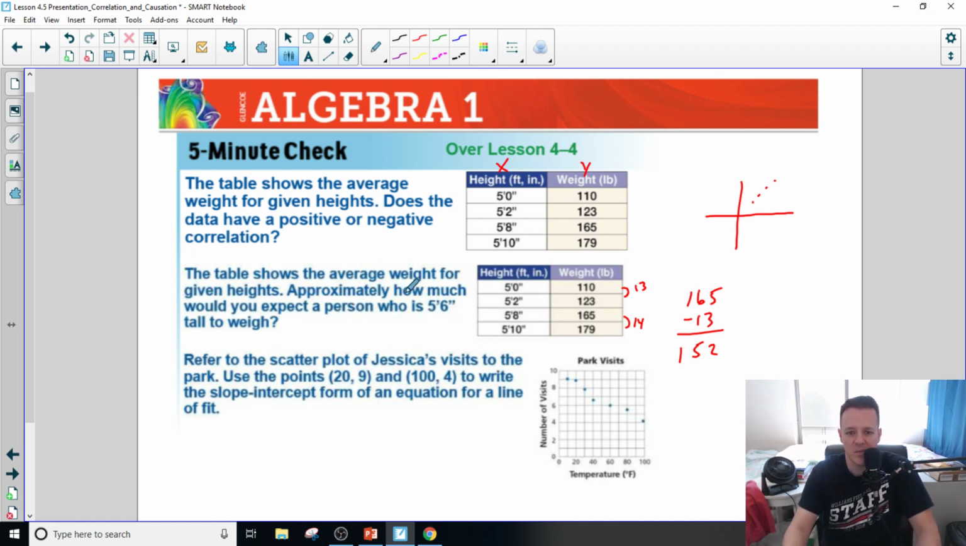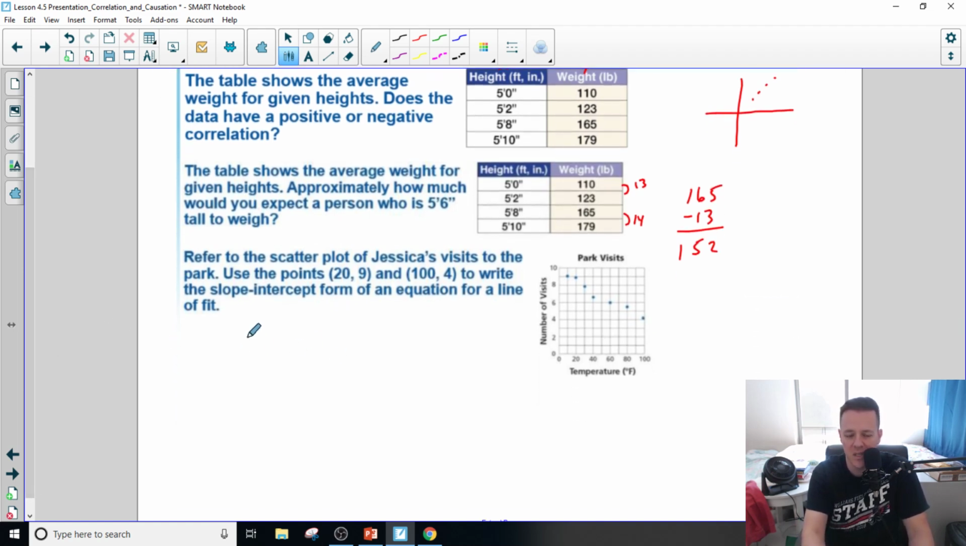And then it says refer to the scatter plot on Jessica's visit. Use the points and write a slope-intercept form of an equation for that line. Slope-intercept form, remember, is y equals mx plus b. So you would find out your slope first. In this case, remember, it would be y2 minus y1 over x2 minus x1. Then you would just go ahead and plug in your values. So which one should I do? Doesn't really matter. So I'll go 4 over 100 minus, and then this is going to be 20 over